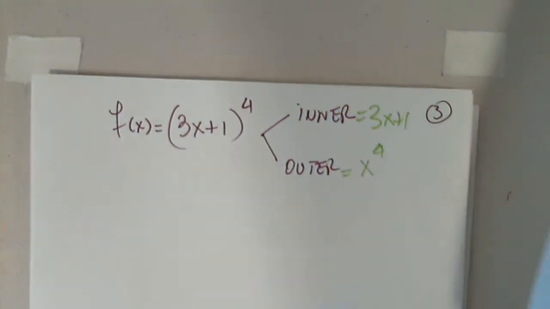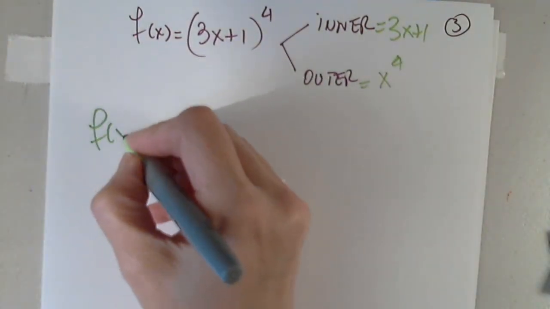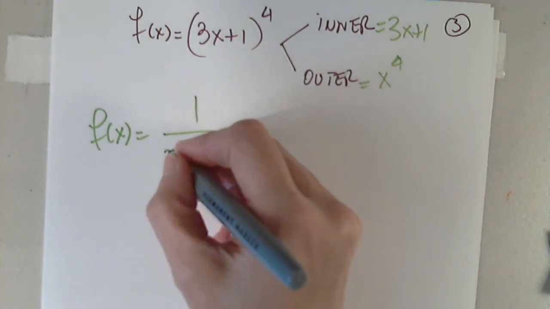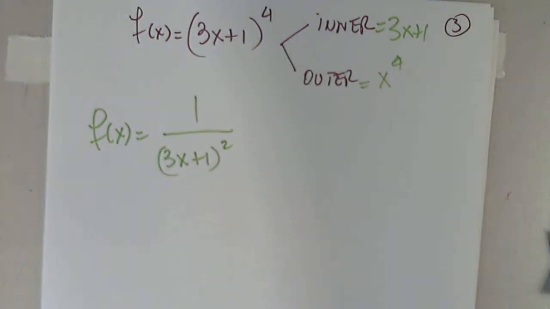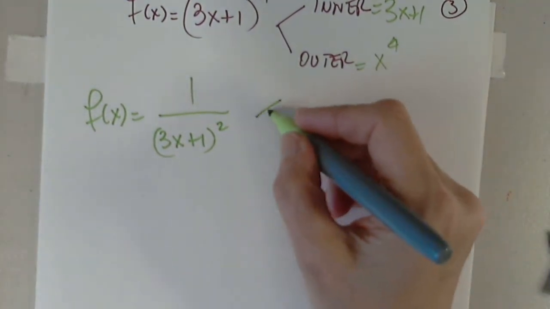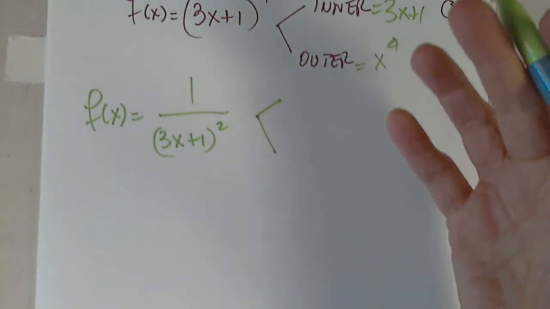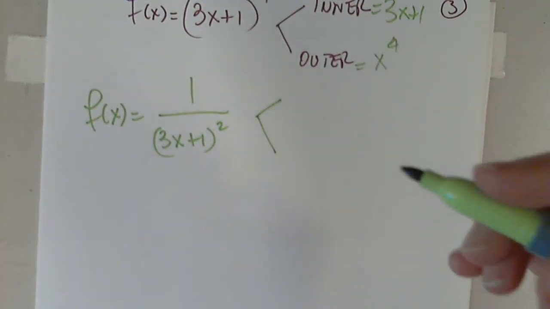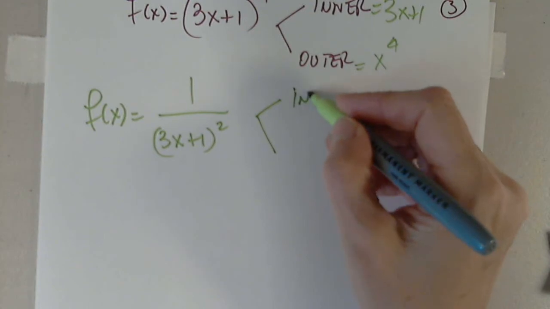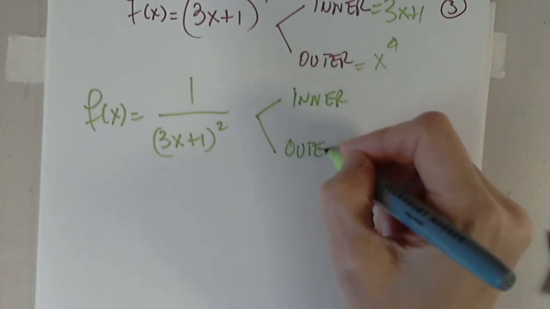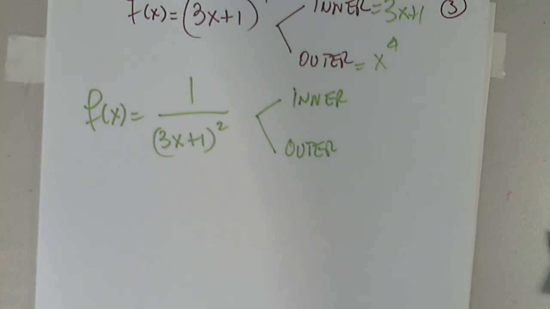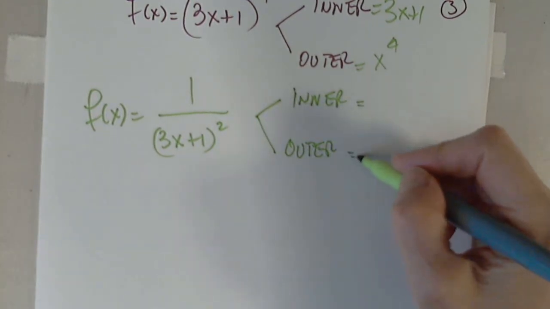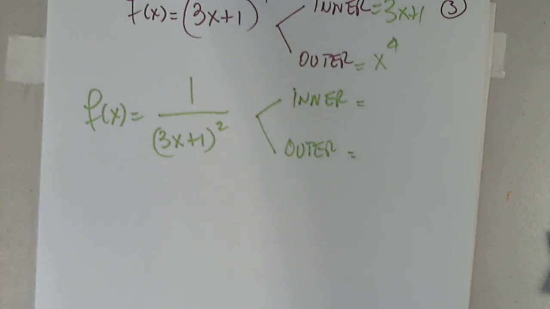Okay, one more, and then we'll start the chain rule. Let's say we have f of x equals 1 over (3x plus 1) squared. There is more than one correct answer. Yes, you can decompose this into more than one function. But for now, let's just say the inner and the outer. There are more than two functions in here, but let's just choose an inner and an outer, just to have an idea. So the inner is